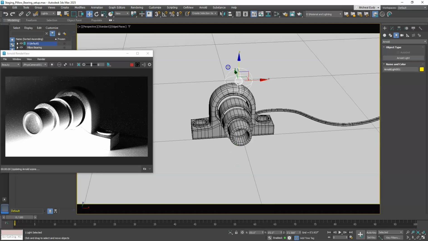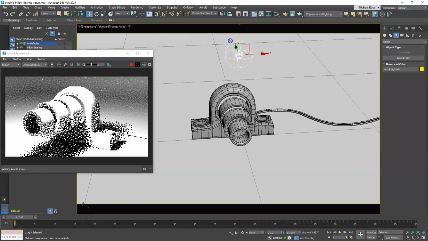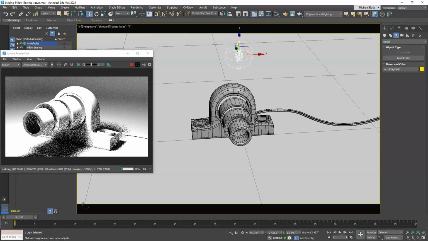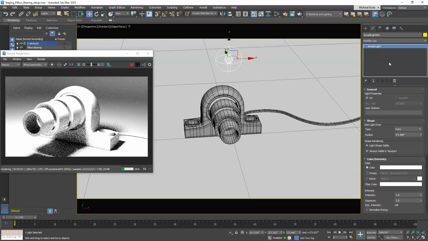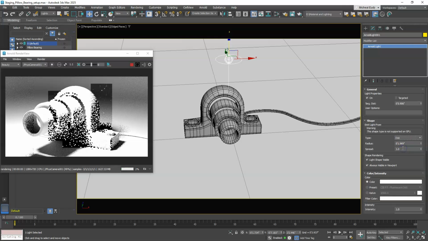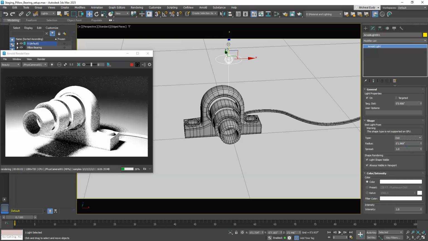So now, as I move this up, I'm going to get the light up above it. This defaults to a point light, which is like a light bulb, so the light emanates out in a spherical manner. I'm going to change it to a disc, so the light's just pointing down. Okay. And this is built to scale, so we're going to move it up maybe 2 feet, so it's 2